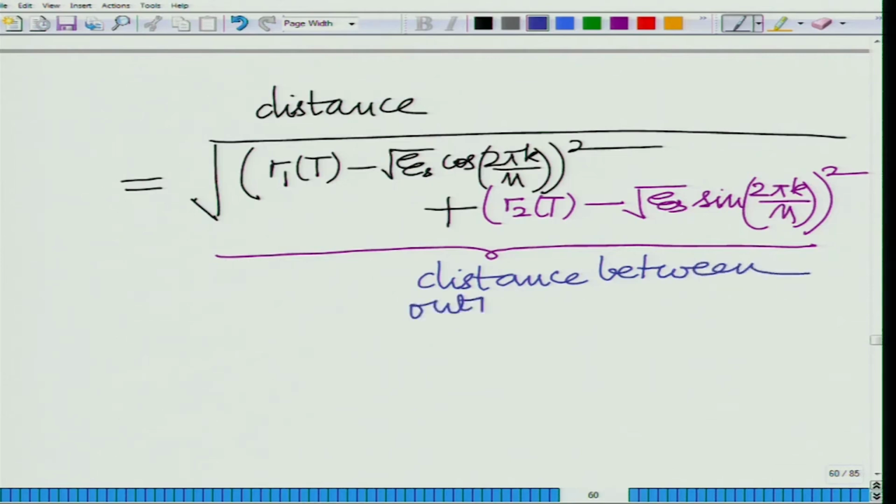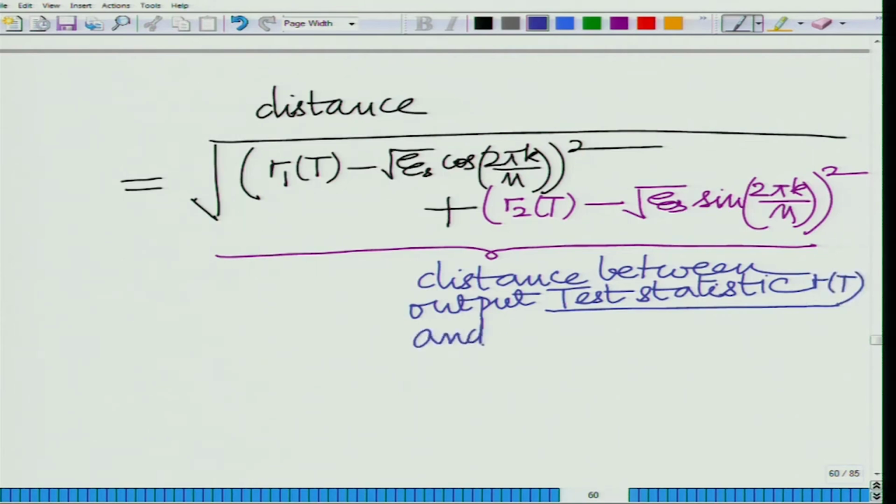between the output, what we call the test statistic, which is obtained after matched filtering and sampling, the output test statistic RT, and the kth point of M-ary PSK. And then what we have to do is